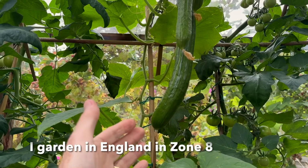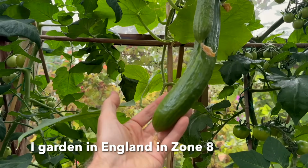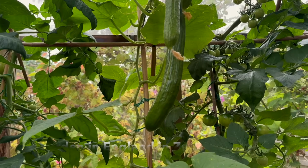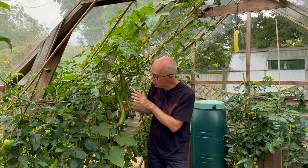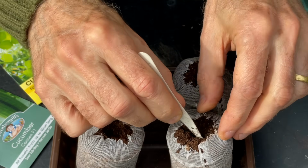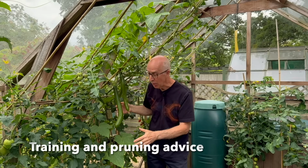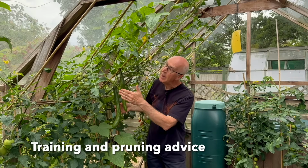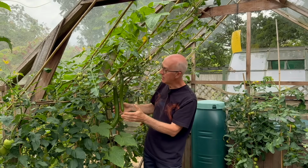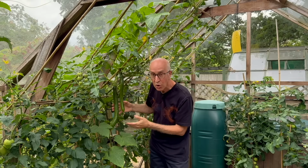I grow them alongside my tomatoes, mixing in a few plants of cucumbers and tomatoes to provide pickings through the summer. And in this video I'm going to show you how I sow and grow my cucumbers, how I train them up in the greenhouse as well, trained up into the use of the greenhouse. This side of the greenhouse faces south, so it's getting the light, how I encourage the crops to grow strongly,